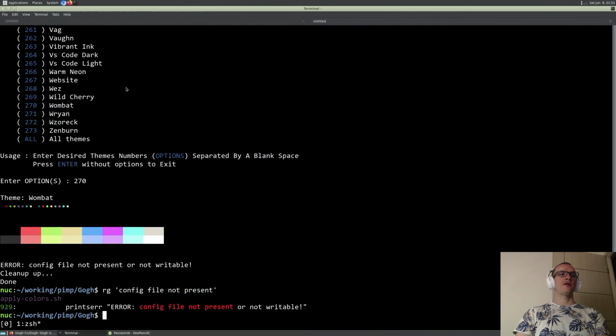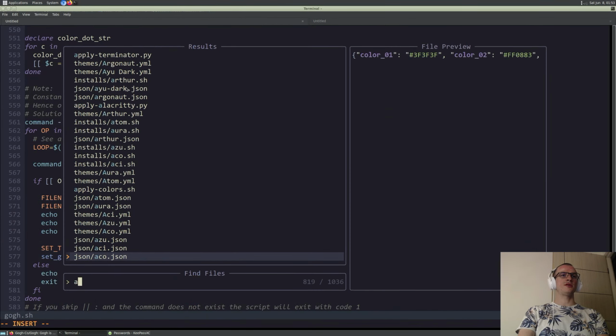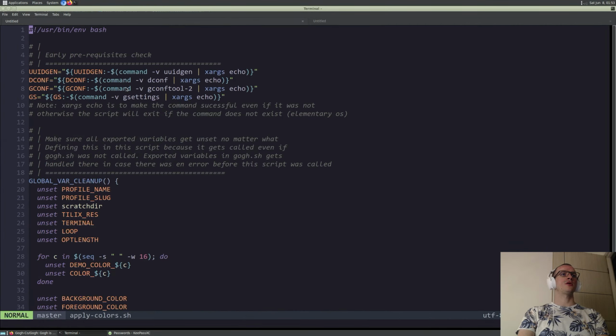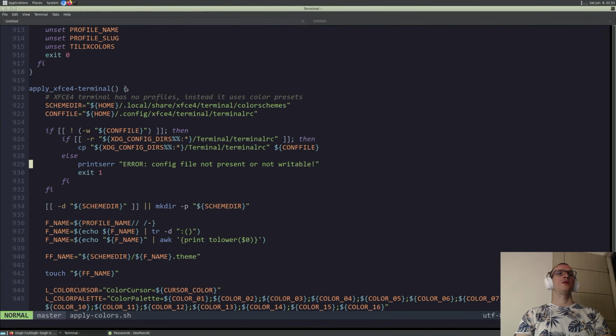Where was it? Config file not present. No, but that's in apply colors, 9 to 9. Okay, this means that the file